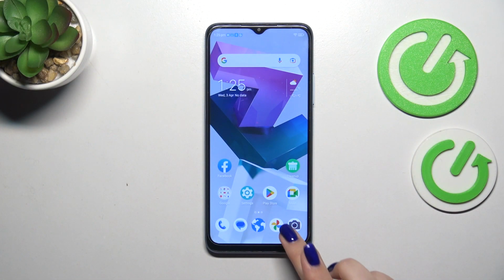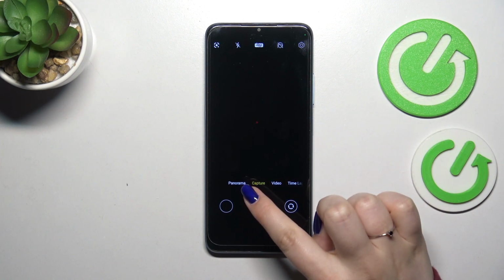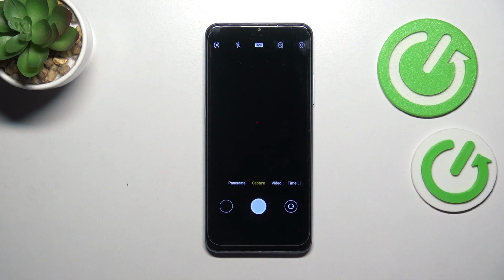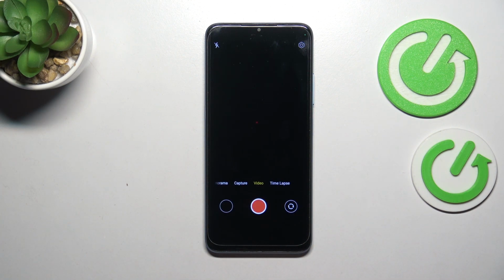So let's start with opening the camera app, and currently we are in the standard photo mode. So let's first of all switch to the video one. We will check whether the proper option will appear at this upper bar. So let's tap on the video. If you can see the red color inside the shutter button, it means that for sure you're on the video